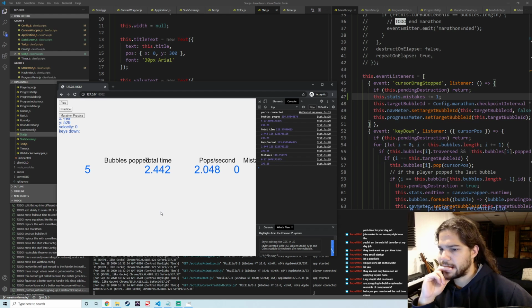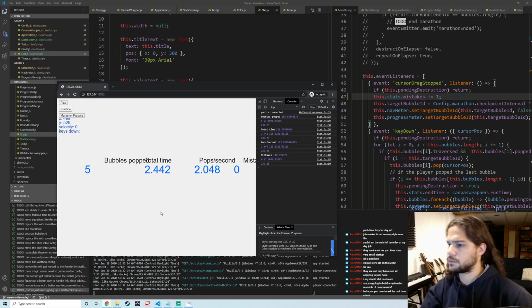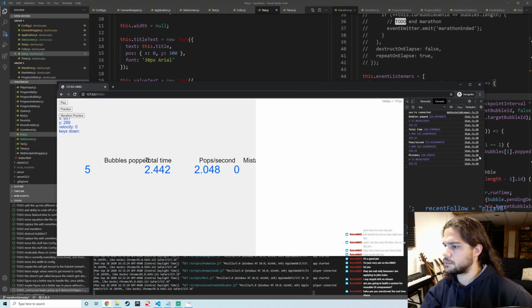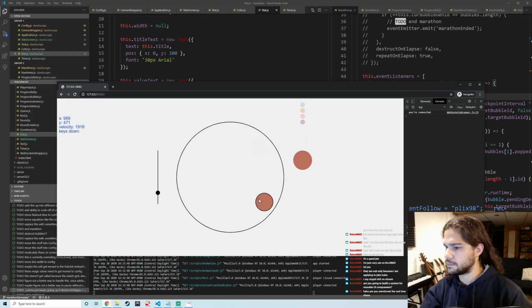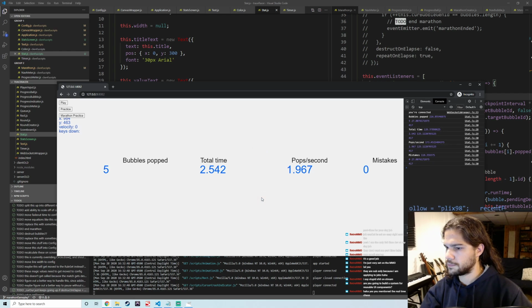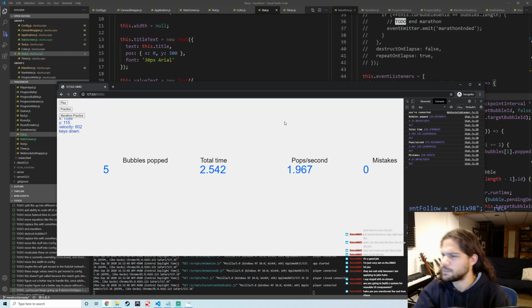So 239.25. What happens if we make this really long? I was going to say these numbers seem a little more correct, but no, the numbers